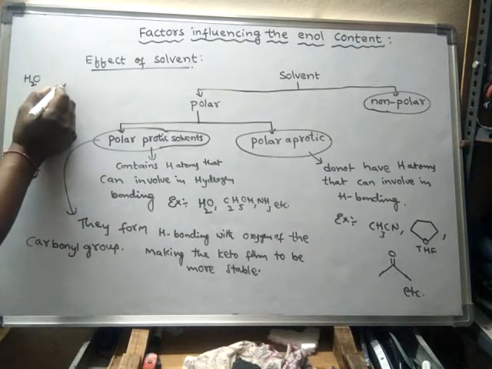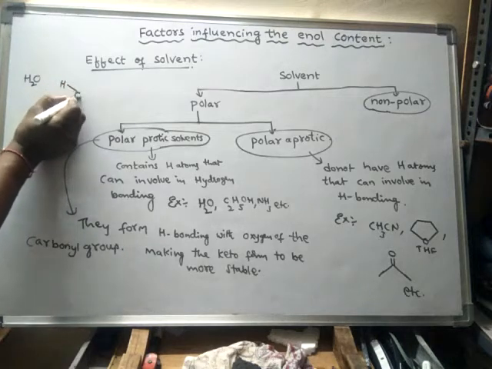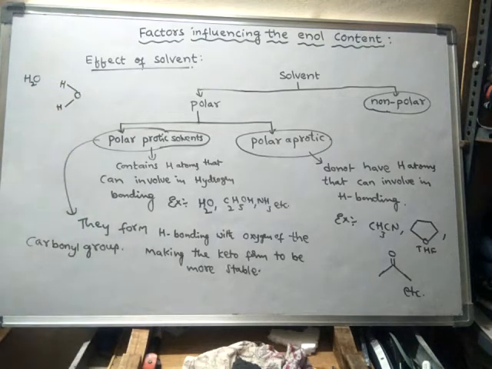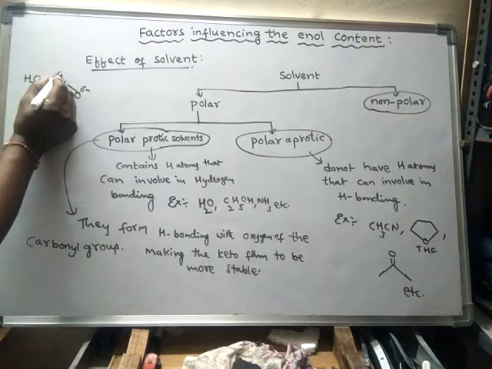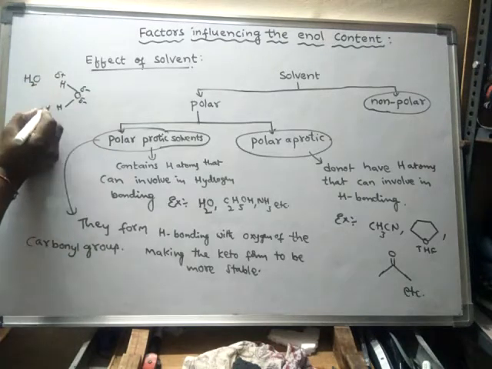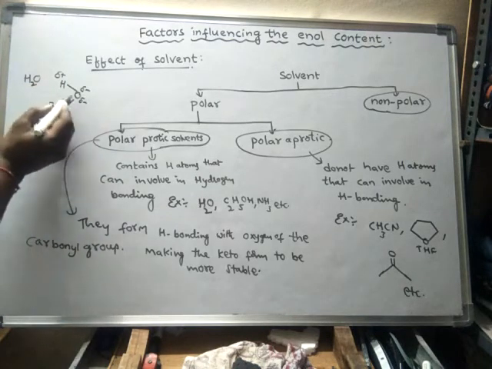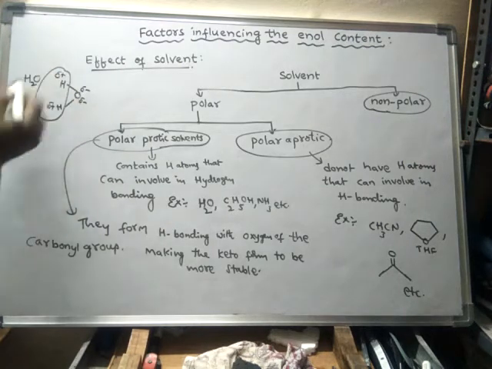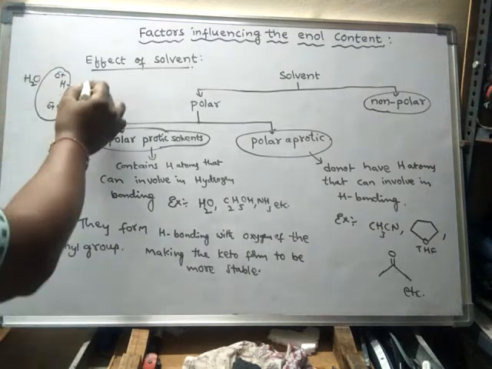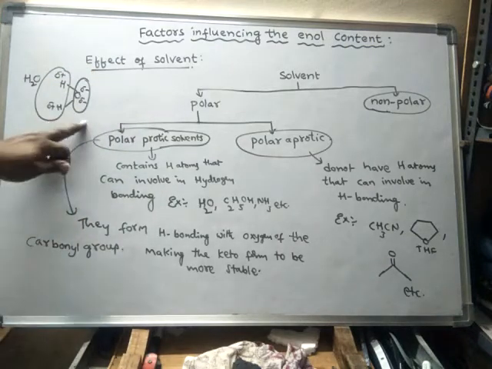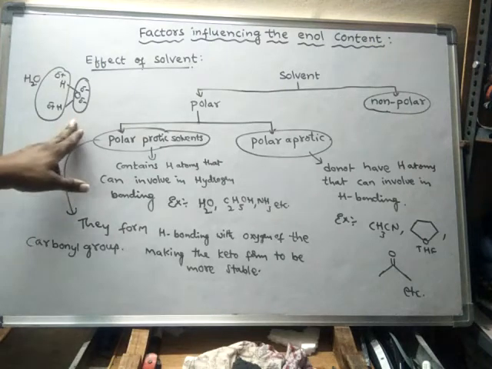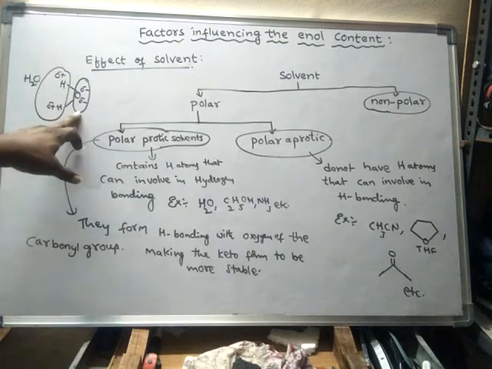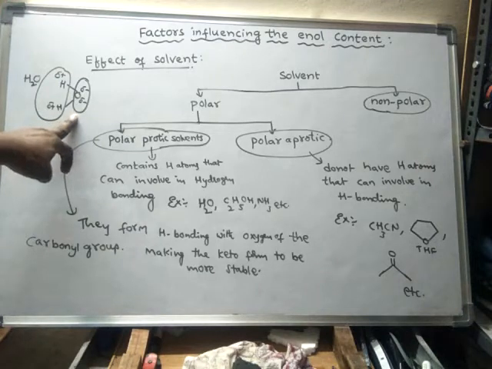If you take water, water is a polar solvent because there is a polar covalent bond in this molecule. The oxygen will get partial negative charge and hydrogen will get partial positive charge. So if you see this molecule, towards one end it is positive charge and towards the other end it is negative charge. That means two opposite charged poles are present in this molecule. Such molecules are said to be polar molecules, and if used as solvent, then such solvent is said to be polar solvent. Okay.